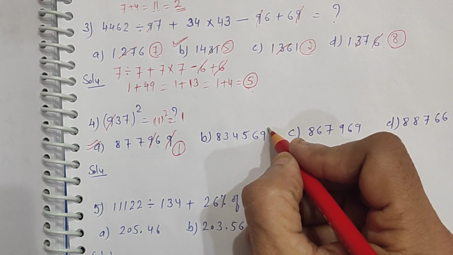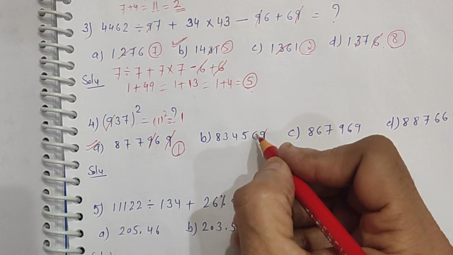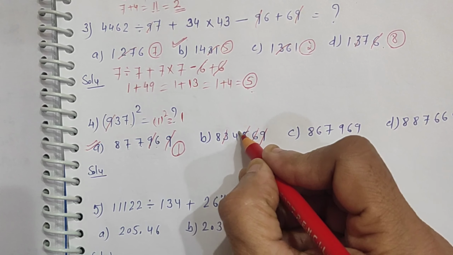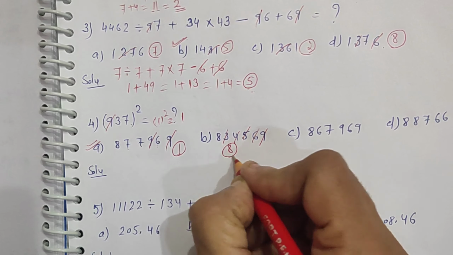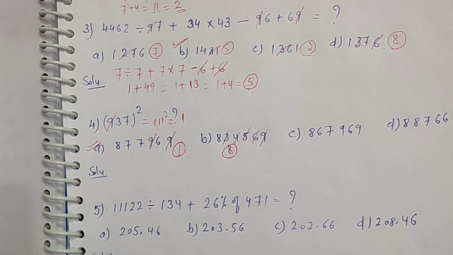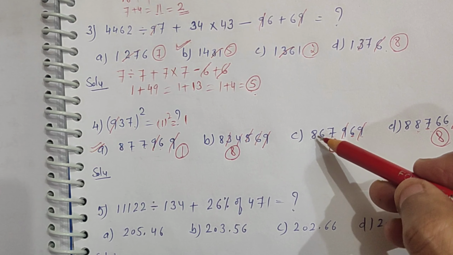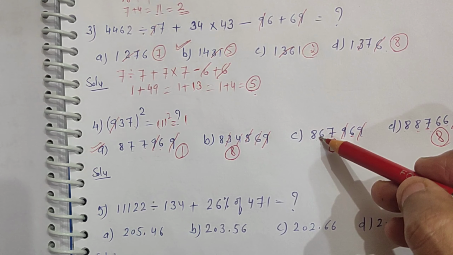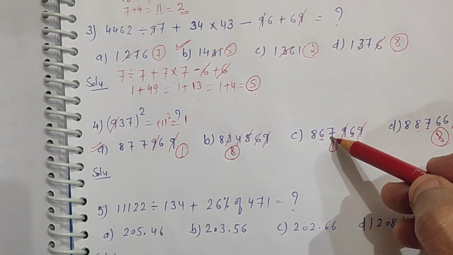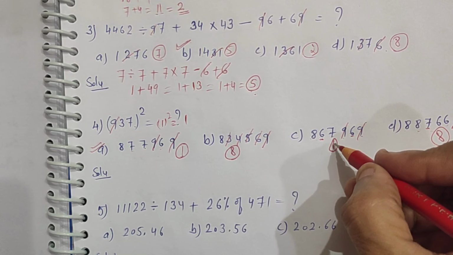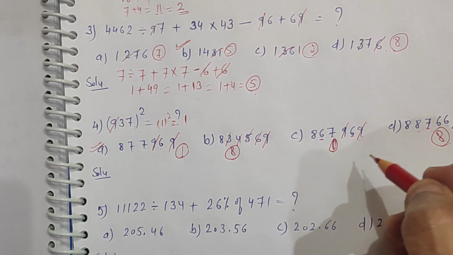Here if you see this, I can cancel because 9 and 6 plus 3 is also making 9. I can cancel. 5 plus 4 is also making 9. I can cancel. So 8 is the digit sum, right? Now let us move to the next. 9 I will cancel. 9 I will cancel it. Now 8 plus 6 is 14. 14 means 4 plus 1, 5, right? So 5 plus 7 will be 12. 12 means 2 plus 1, 3. 3 plus 6 will be 9, and 9 can be written as 0 also, right?